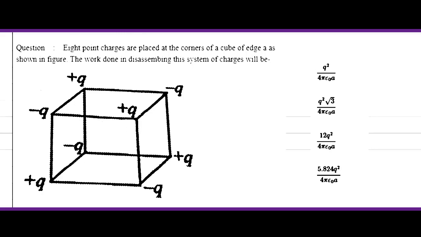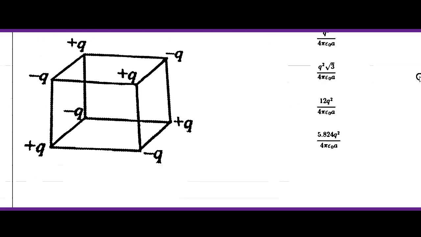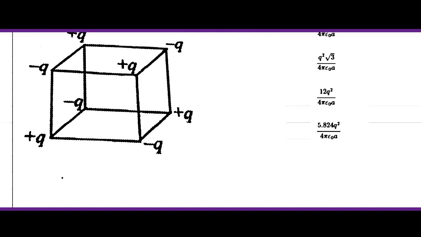तो इसको सॉल्व करने का सबसे सिंपल तरीका ये है कि आप सिस्टम की पोटेंशियल एनर्जी लिख दें, मतलब जितने भी चार्ज रखे गए हैं, तो इसको रखने में कितनी पोटेंशियल एनर्जी स्टोर हुई, वो मेरा वर्क डन ही होगा। तो पोटेंशियल एनर्जी होती है kq1q2/r। पहले देख लेते हैं कि यहाँ पे हर चार्ज का अलग अलग r है, मतलब किसी का डिस्टेंस a है, किसी का डिस्टेंस a√2 है।